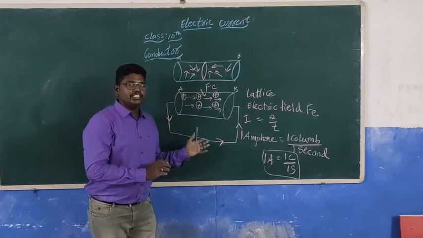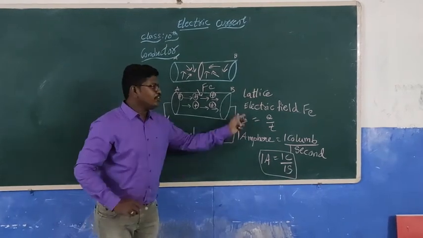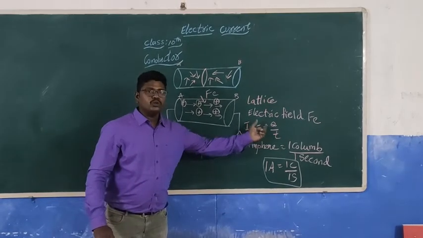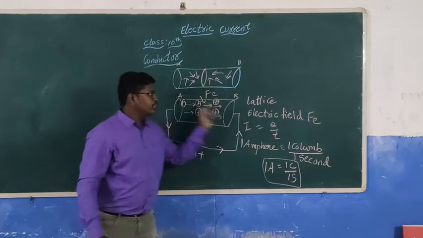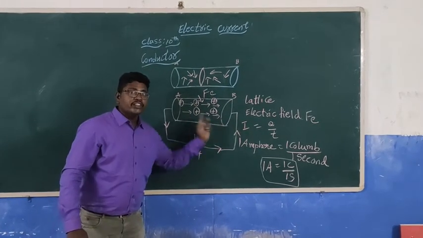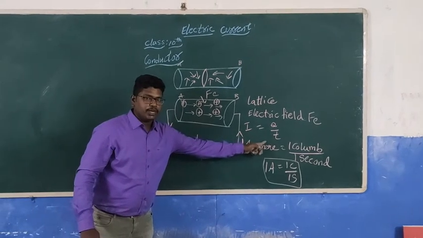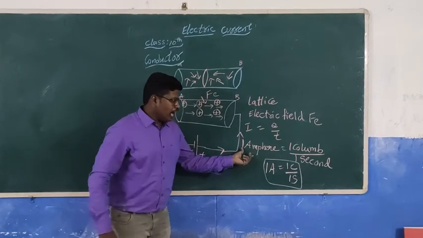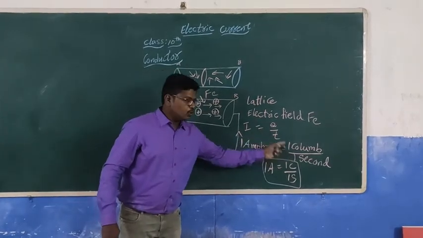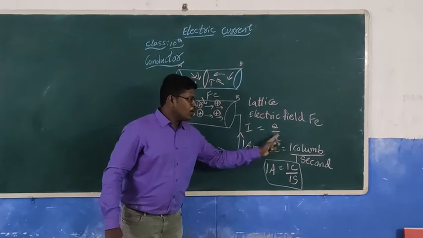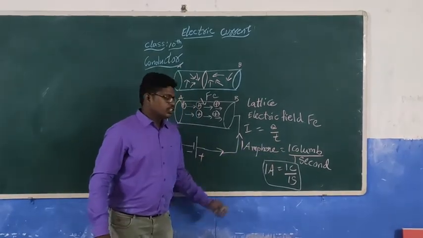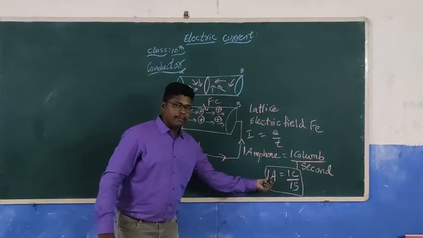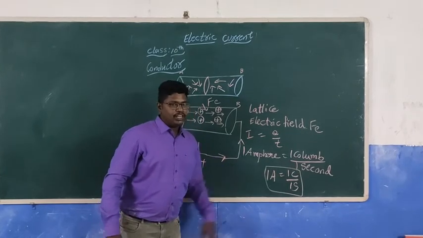So simply in this activity, what we understand is, first of all we define electric current. Electric current is defined as I, that is I equal to Q by T. What is Q here? Charge. It means the flow of charges per unit time we call an electric current. What is the SI unit of electric current? Ampere. The SI unit of charge is coulomb and the SI unit of time is second. So we can simply write it as 1 A equal to 1 C by 1 S. Here A is for ampere, C for coulomb, S for second.